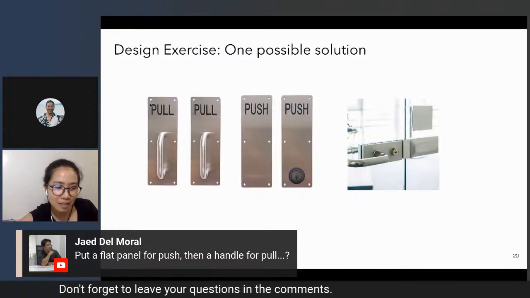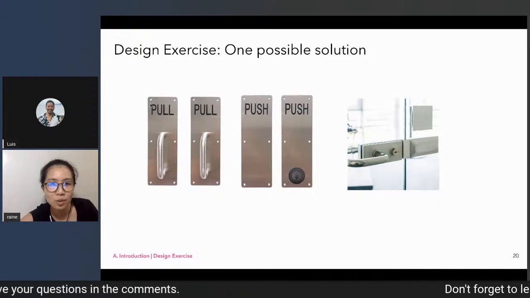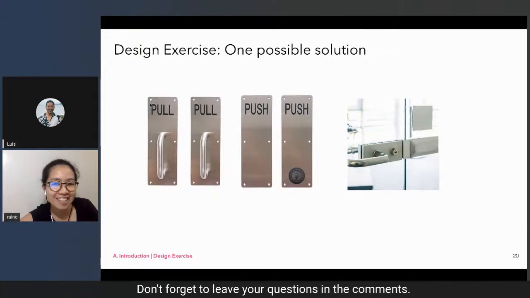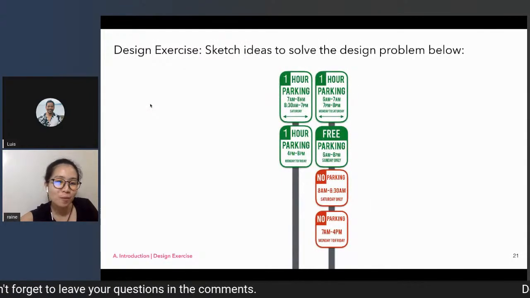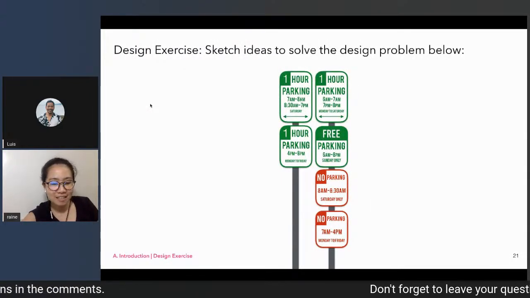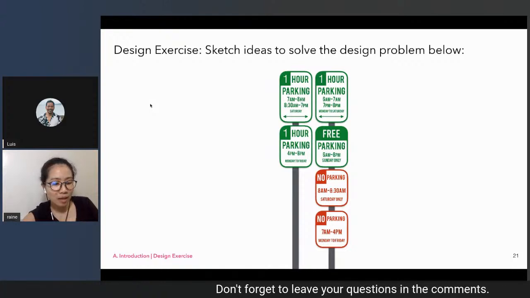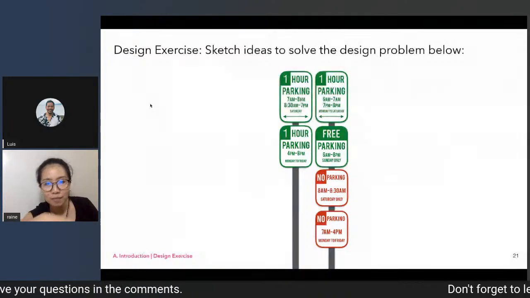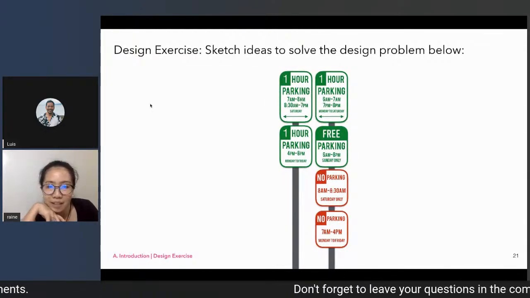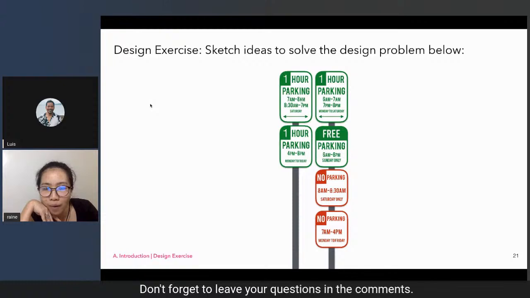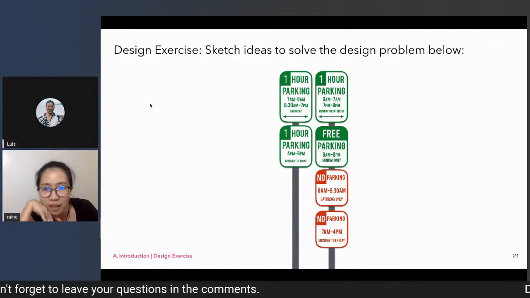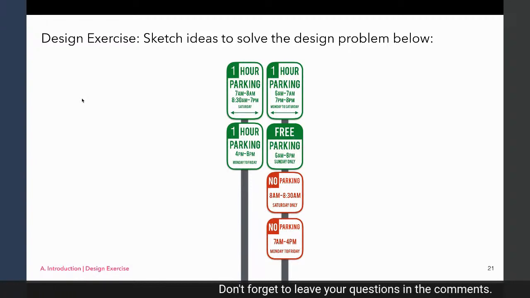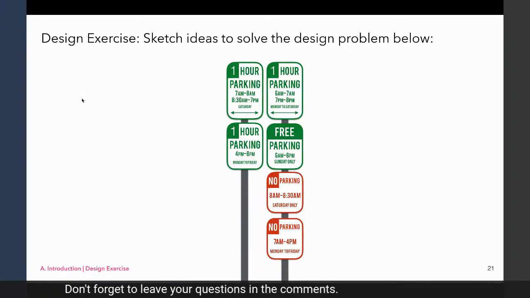All right, so let's go to the last exercise. It's going to be a bit difficult since it's the last, but I think you're up for it naman. Feel free to come up with ideas. So we have here different parking signs, and there are different details on the parking signs. The first one, 1 hour parking from 7 a.m. to 8 a.m., 8:30, and then we have the day pa. Then the next, 1 hour parking for 4 p.m.